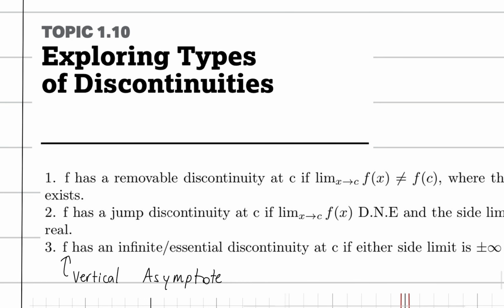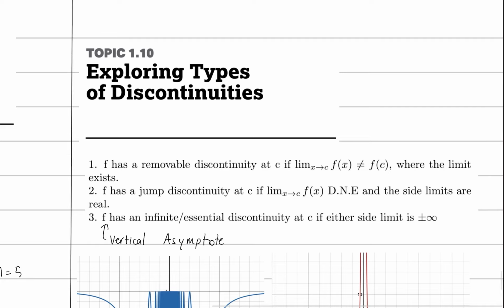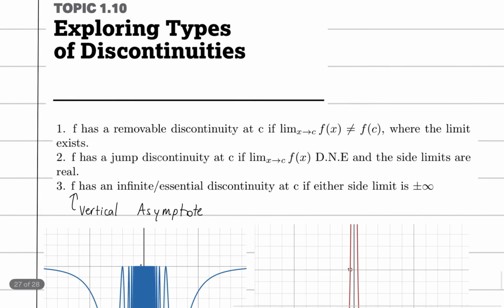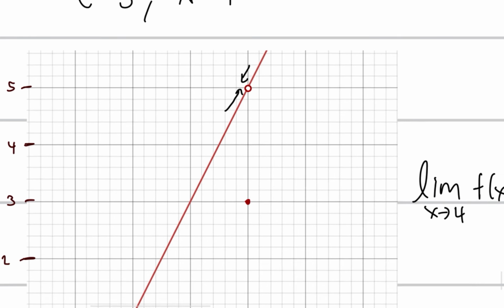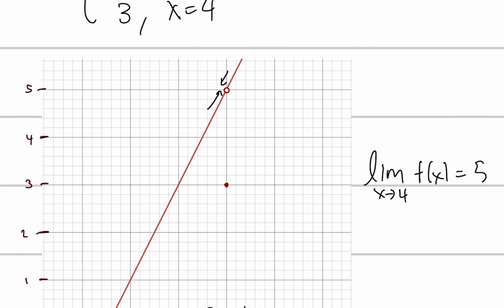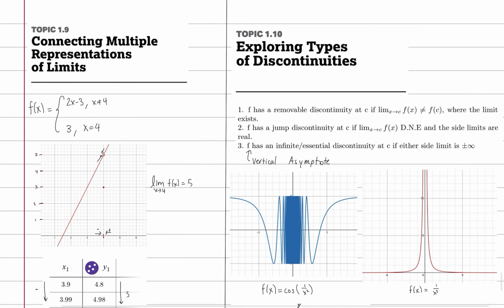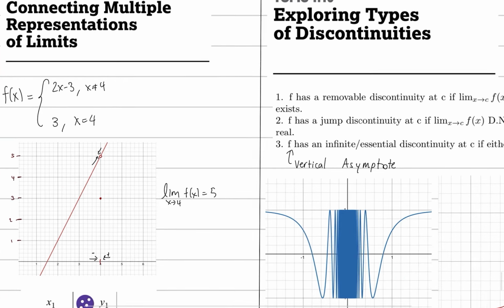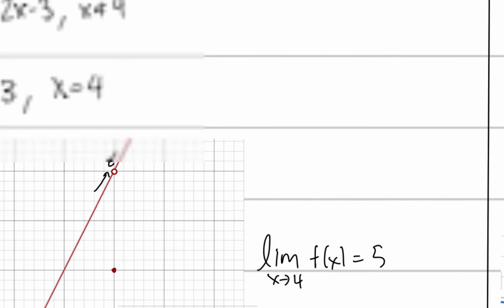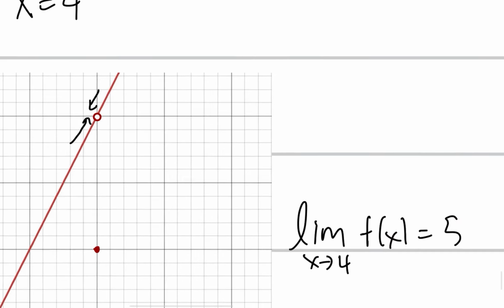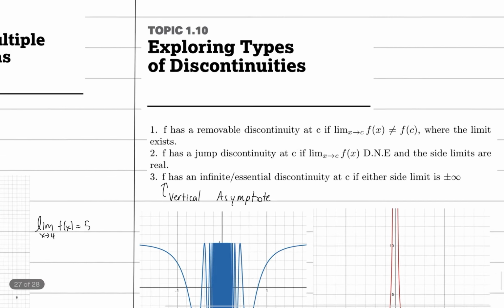Topic 1.10 explores discontinuities. So there are three types of them. Now, the first one is a removable discontinuity or a point discontinuity. And it's called that because it's only at a single point. Very similar to here, where we can just remove the discontinuity by filling in the point. It says that the limit exists, right? But it's not equal to the function's value. Now, this is only true if the side limits match. So if the side limits match, but they're not equal to the function's value, then it's discontinuous and has a